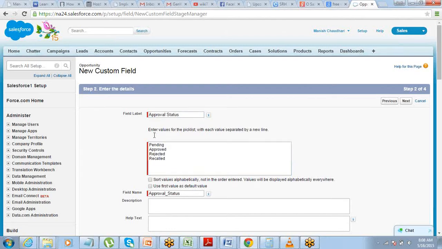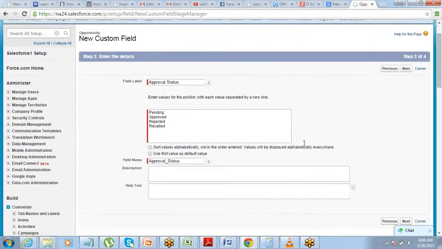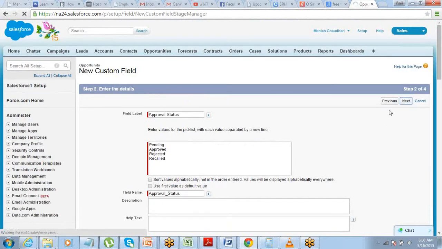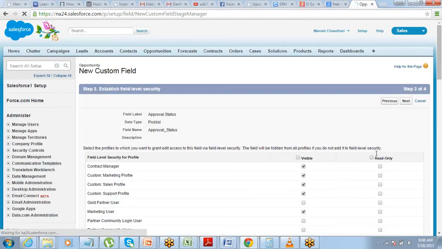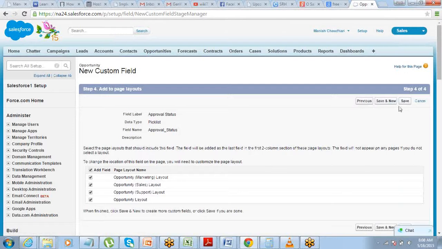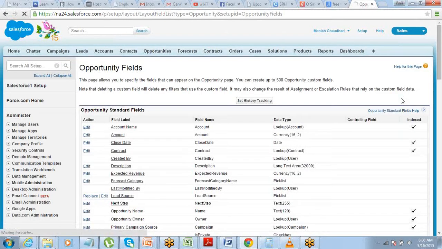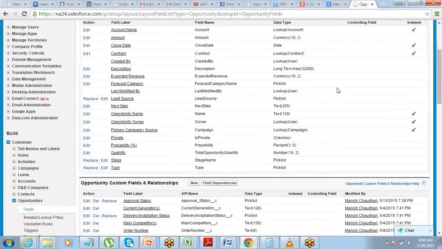Okay, and I want these options to be updated based on the approval process. Okay, using the approval process. So no one is actually going to manually assign the values here. They should automatically get updated, right? So I'll make it a read-only field as well, so that manual editing is not available. Okay. So the field has been created. Now I'll define the approval process for that.